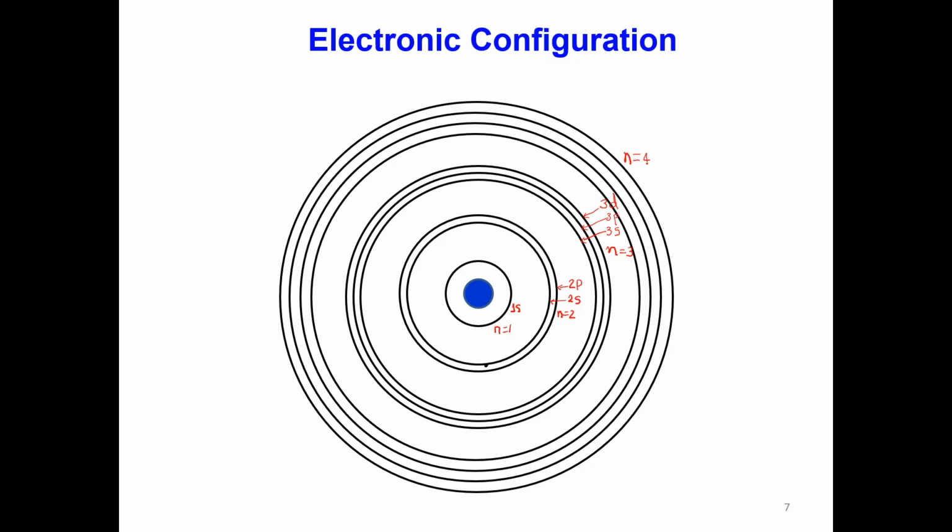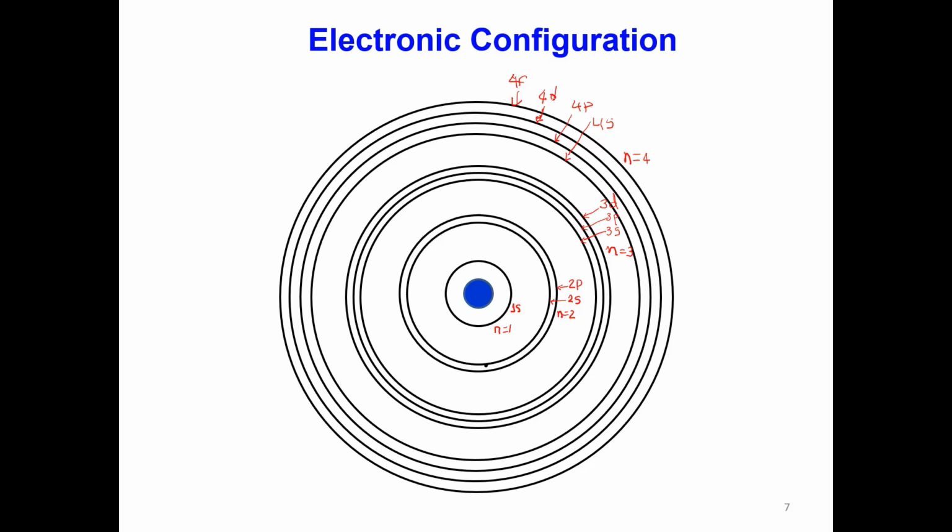This has 4 subshells, and the first subshell corresponds to 4s, the second one corresponds to 4p, the third one corresponds to 4d, and the last one will be 4f. Then this is how we can represent what we discussed in the previous table